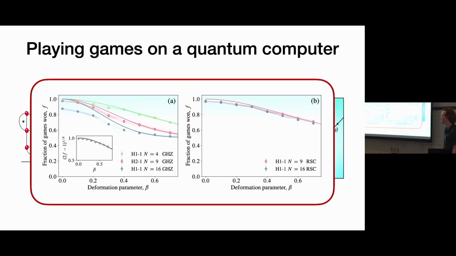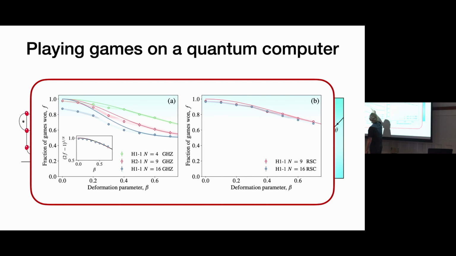Okay, and here's the plot. On the left, you have the game. It's actually a number of games played over the device to average out the positions, with some deformation parameter on the GHZ state. There's also an analogous deformation of the GHZ state we can do, where you deform the qubits with the same kind of unitary rotation before measuring them into the GHZ state. We thought that was a fair comparison. And we looked at how the GHZ state did for different sizes: green is size 4, red is size 9, blue is size 16. This is still for the 3-player game. So you just play the 3-player game in many different positions on these 4, 9, or 16 qubits.